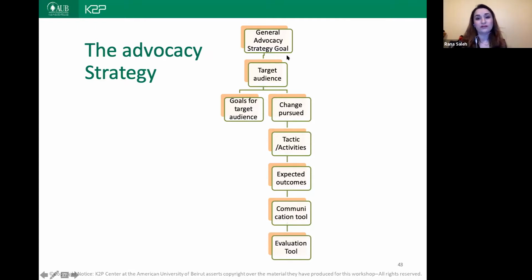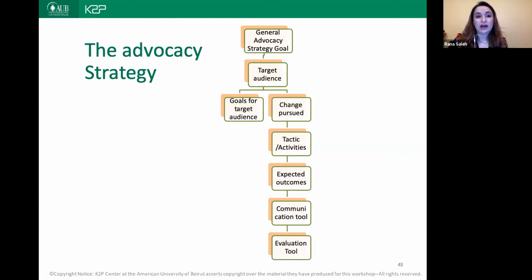So first of all, you have to identify what is the goal of your campaign. Is it to set the issue on the policy agenda? Is it to promote the adoption of those policies? Or is it to promote the implementation of an existing policy? What is it? You're advocating for a certain policy, or it's a comprehensive policy, or it's an increase probably in financing of a certain issue. So what is it that you are aiming at from your strategy?